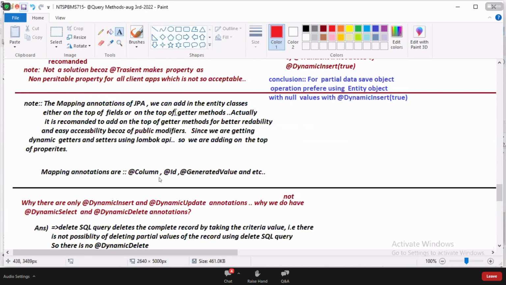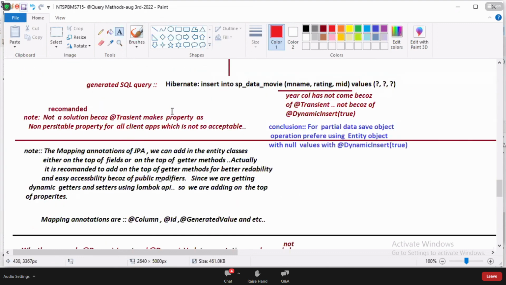Next one, guys. We can apply mapping annotations in an entity class either on the getter method or on the properties. The best place to add is the getter methods. Why? They are public methods, and reading annotations from a public method is quite faster and easier. Reading from the property is very difficult because it is private. But we are not following that standard, sir.